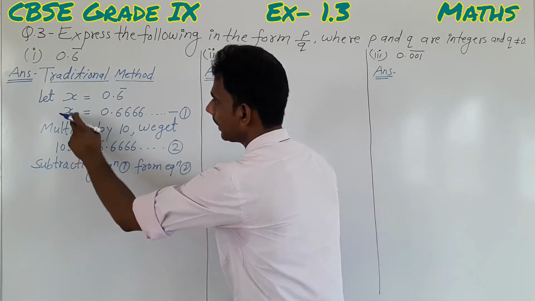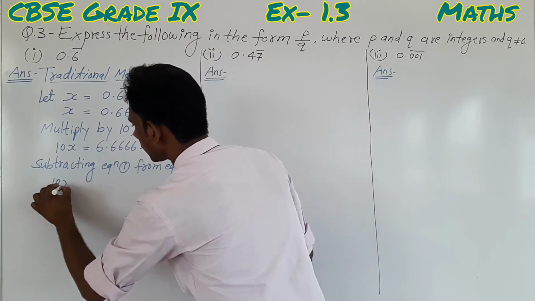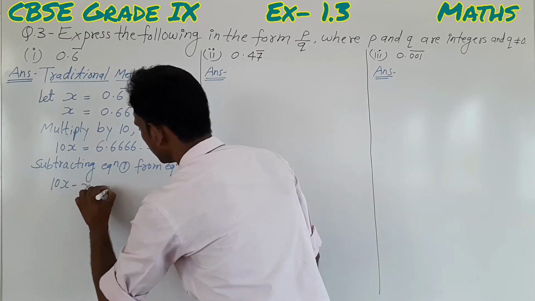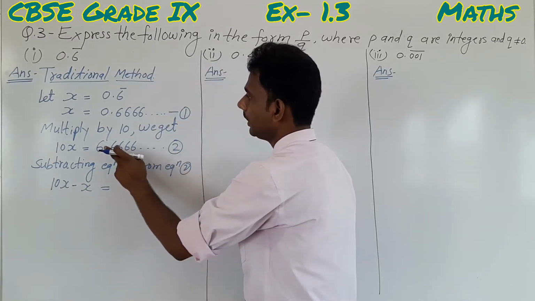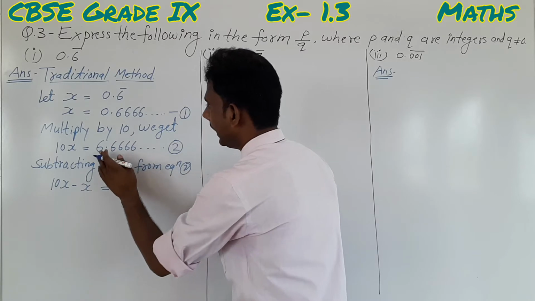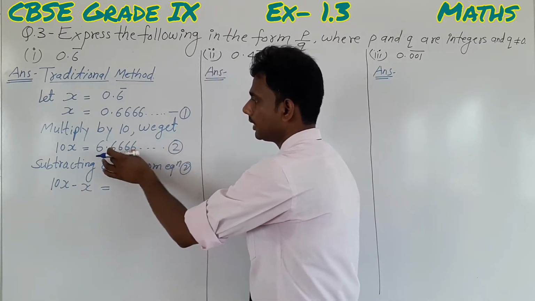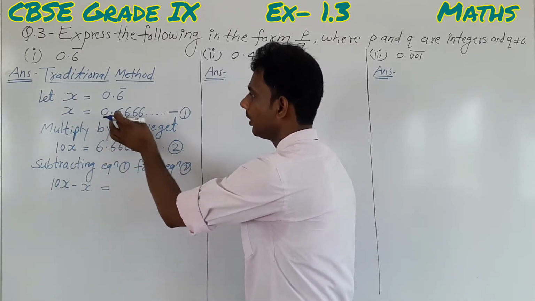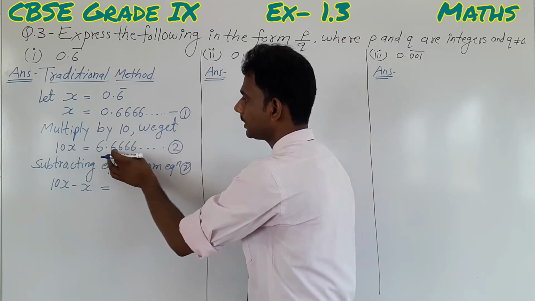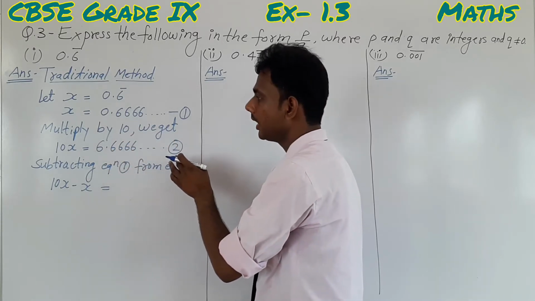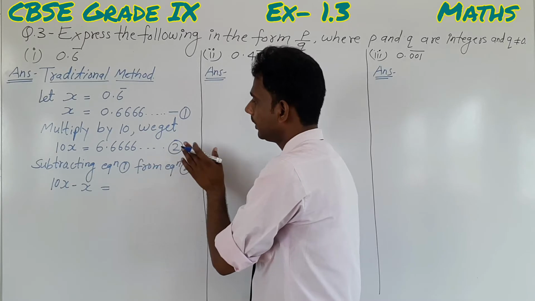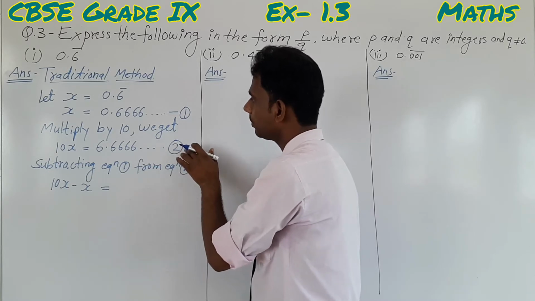Equation 2, 10x minus x. This will be equal to 6.666... minus 0.666...